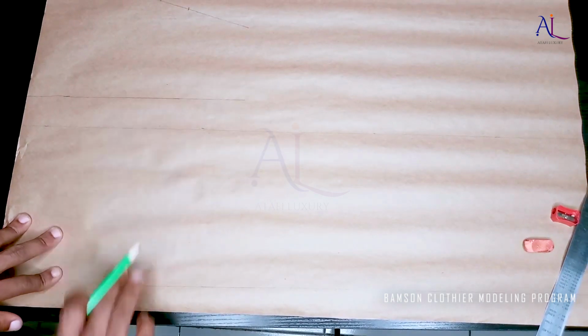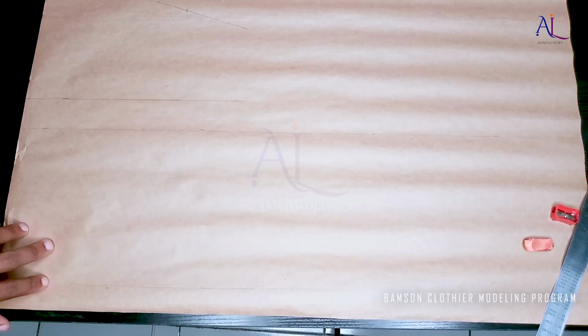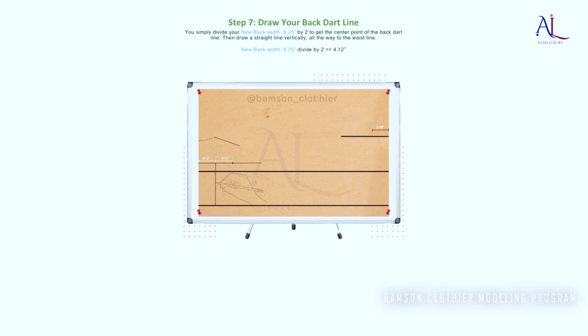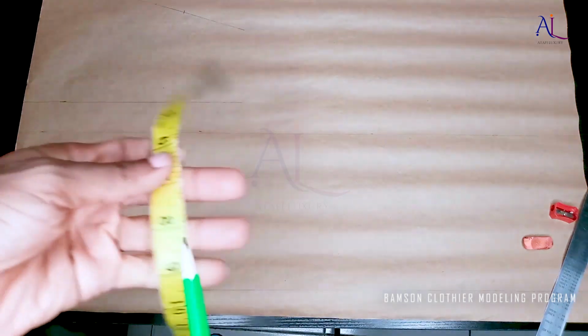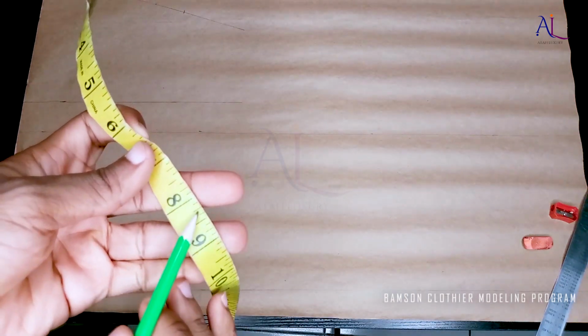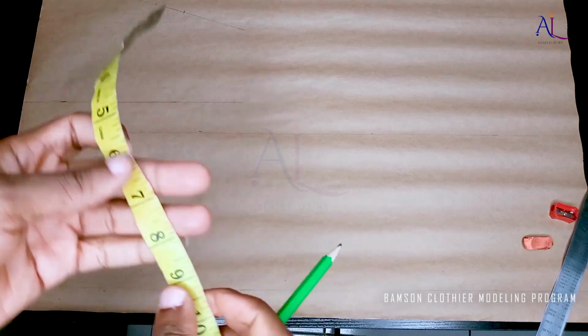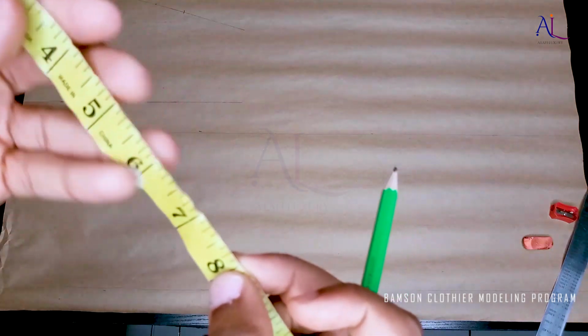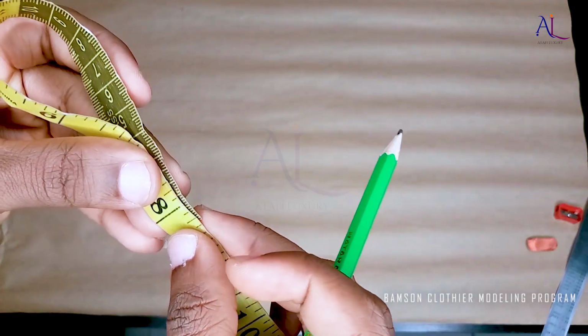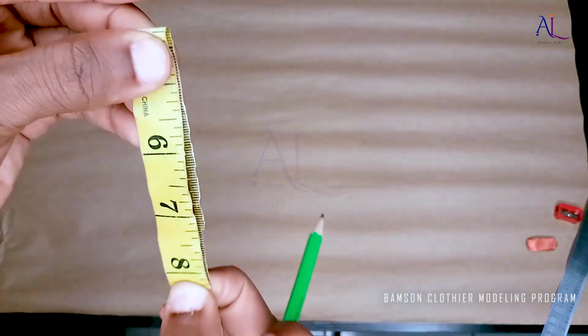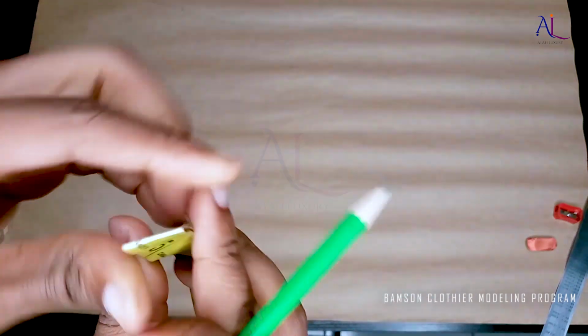So our back width measurement from the measurement table, once you get to see the figure, you divide it by 2. Alright, so 8.2, you divide it by 2. That will give us 4.15. Alright, so you mark it,